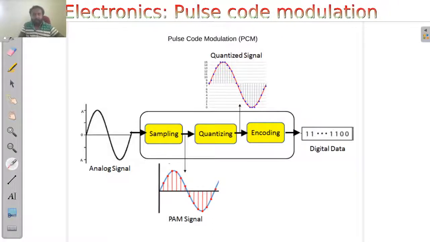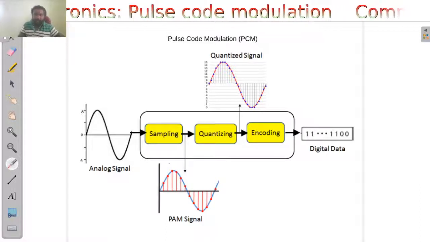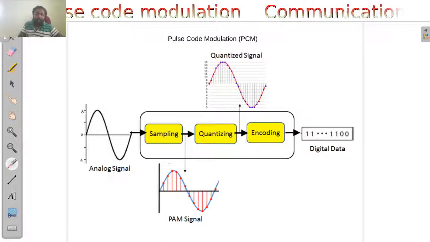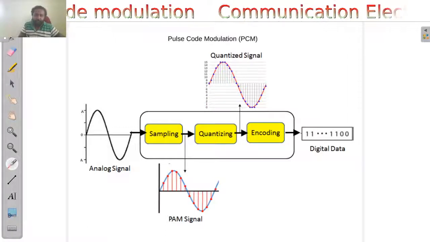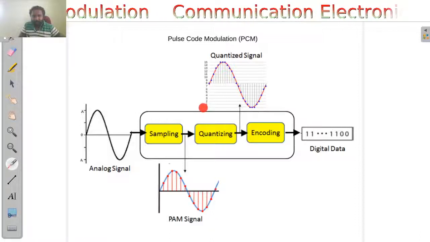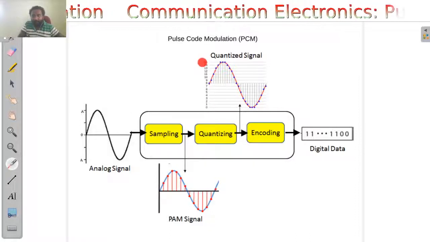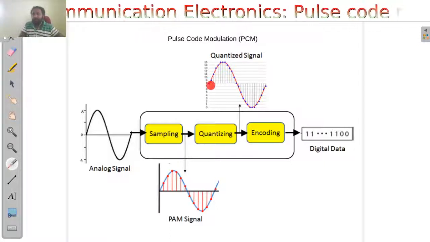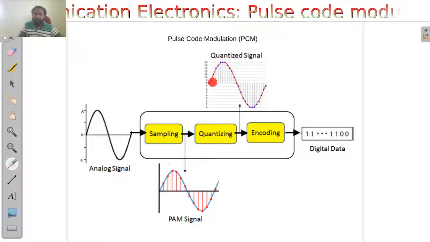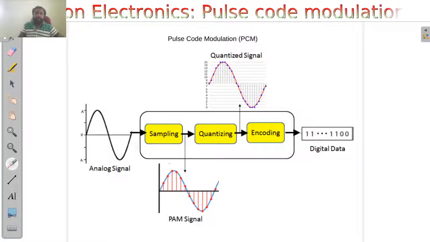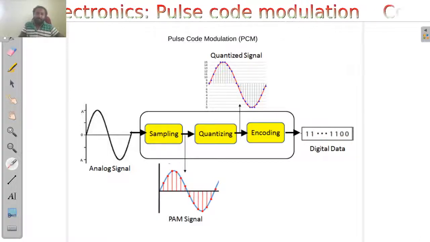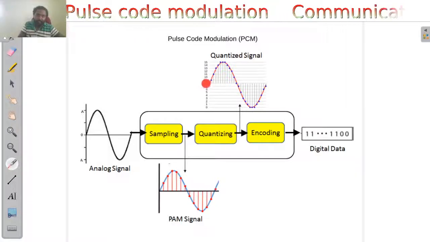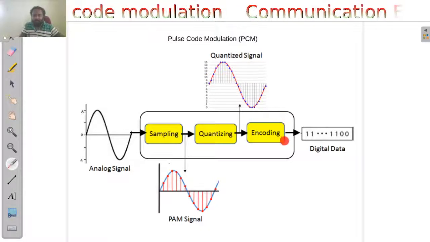And then we will be converting each of these samples to its corresponding digital representation. Suppose this is a 4-bit representation. 0 will be represented by 0000, 15 will be represented by 1111, and 8 will be represented by 1000. So I'll be sending 8 as 1000, 9 as 1001, like that. My digital data will be a digital representation of these corresponding amplitude numbers, discrete numbers. So that is what is done in the encoding process.